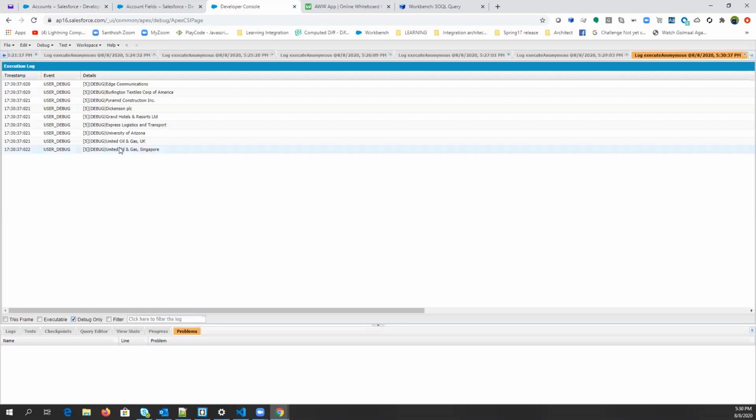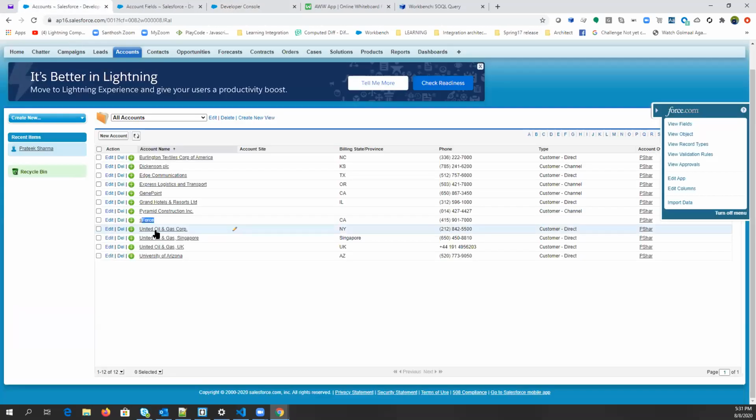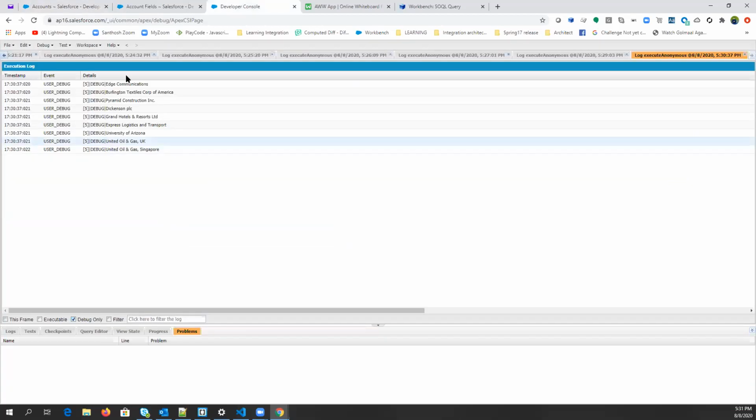You can see Jana Point is not here. United Oil and Gas Corp is not here, right? So these three are excluded and it will print each and every other account. Okay, guys, so IN and NOT IN is clear.